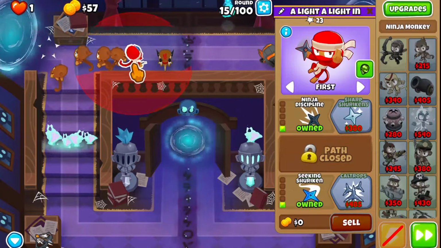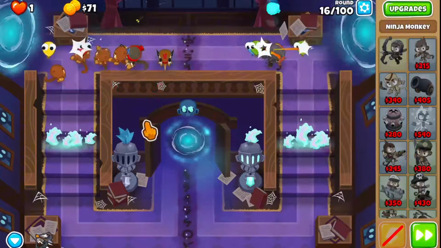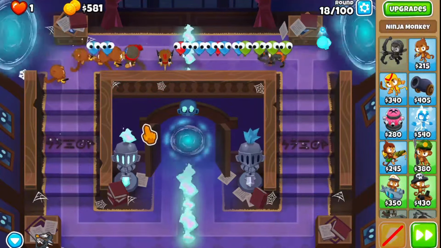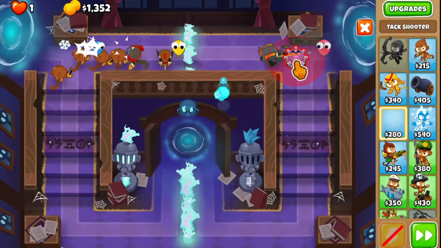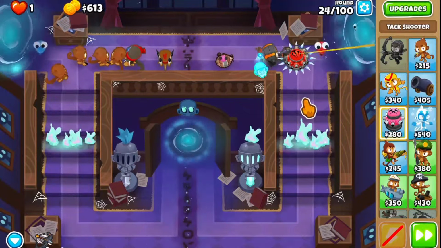Midnight Mansion is a bit of a harder map, and this is kind of the hardest that I'd push it on for Black Border, really. It's just kind of a strange strategy, but it's fun, and in theory it works, so let's get right into it. So basically the whole idea is that you get Quincy,